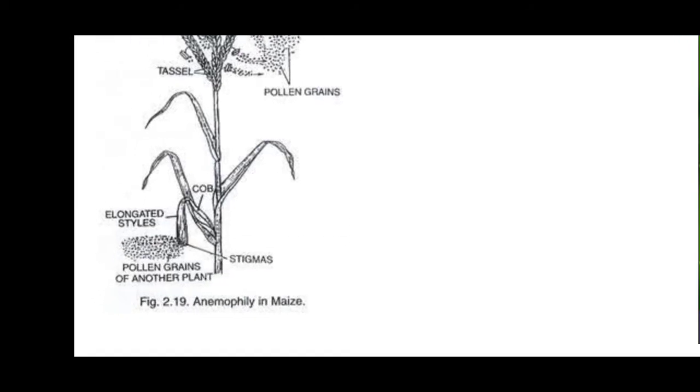The female flower is going to have these elongated styles right there. It's a hair like structure. These dispersed pollen grains will come and hit those structures. Then from there the pollination will occur. Even the fertilization will take place after that.